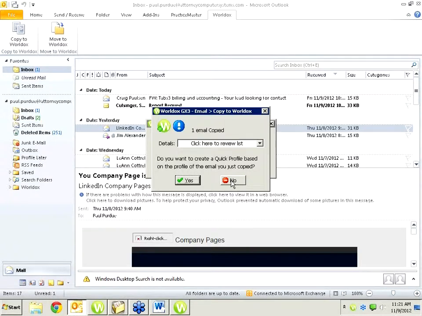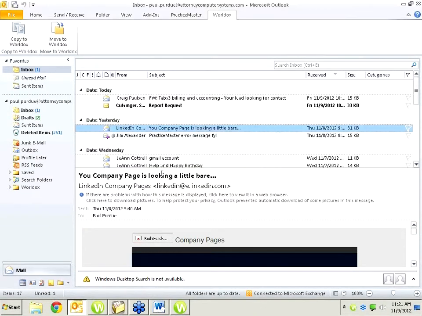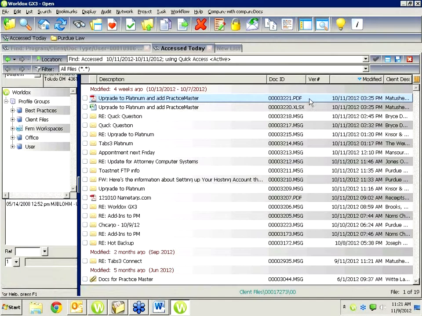Some of our clients, well, most of our clients are using Practice Master because that's what we sell, and Time Matters does the same thing. When these products pull an email into the system, it becomes more of a record with a to field and a from field, and it's not really an email anymore. But when I go to Purdue Law and pull up this particular email that I've just profiled to them,